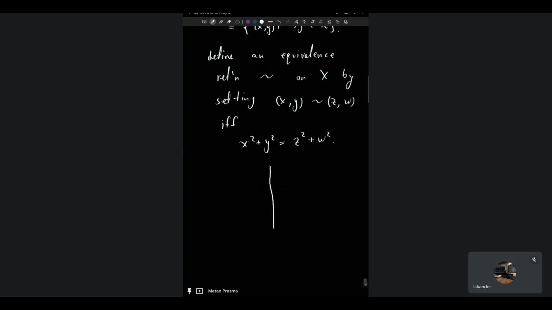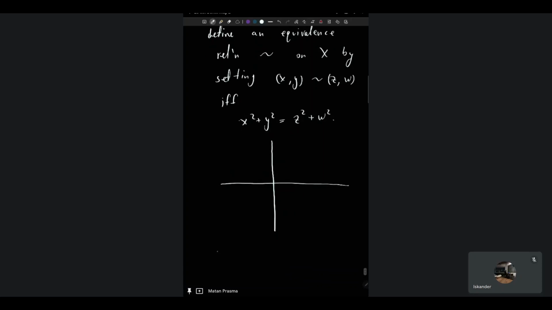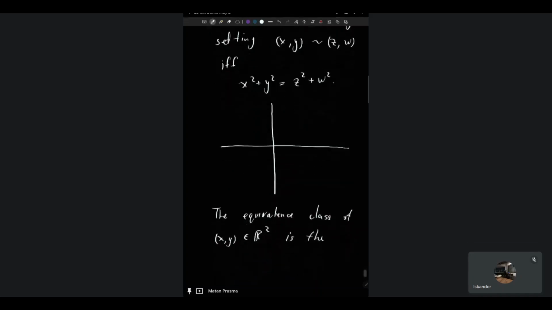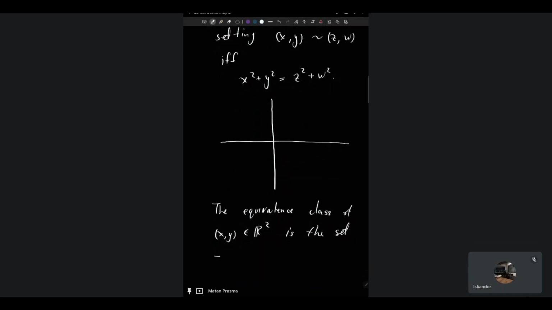Now, the equivalence class of a pair (x, y) in R^2 is the set of all pairs (z, w) such that